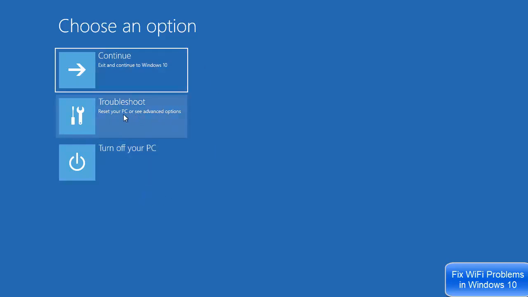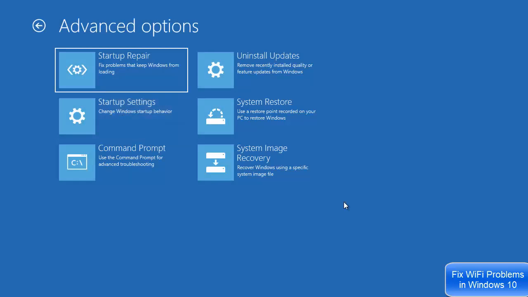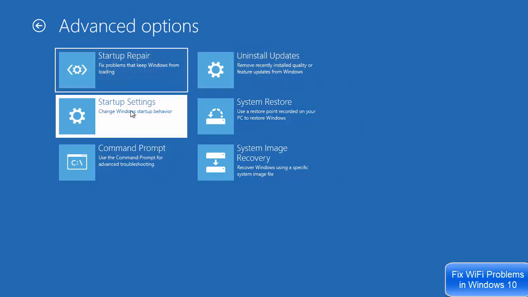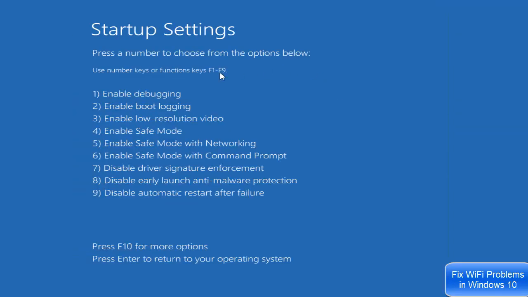Here just go to troubleshoot and then go to advanced options, and then in those settings go to startup settings and then click on restart. Okay, so click on restart here, and now on the next window you will be able to see this menu. What we need to do is enable safe mode with networking.